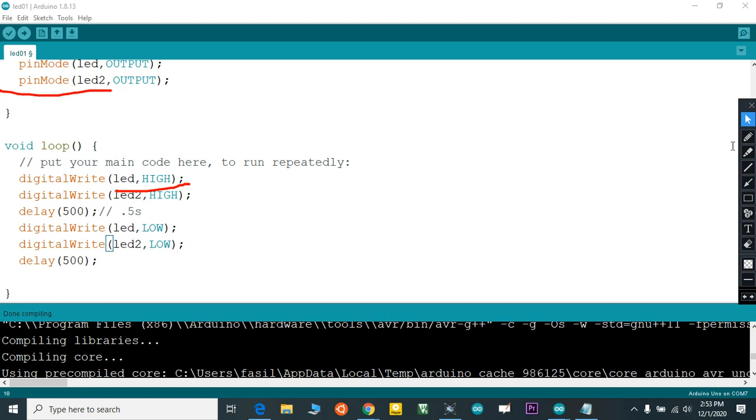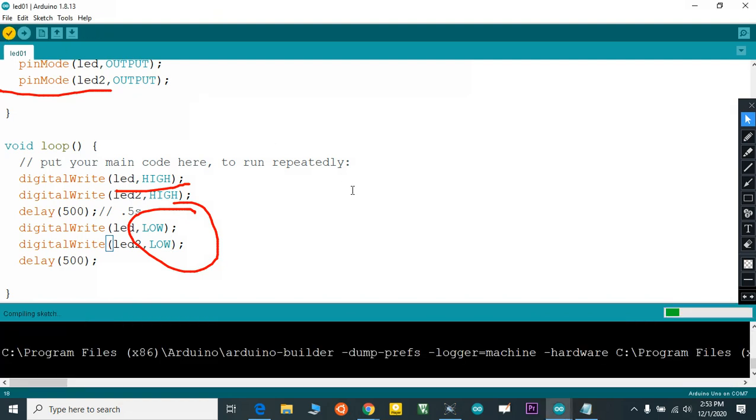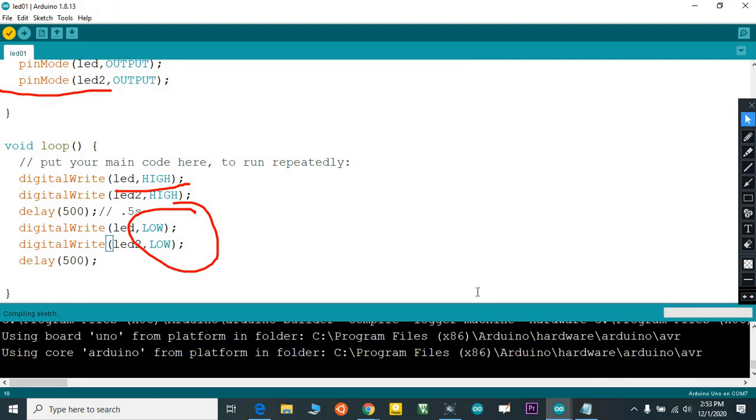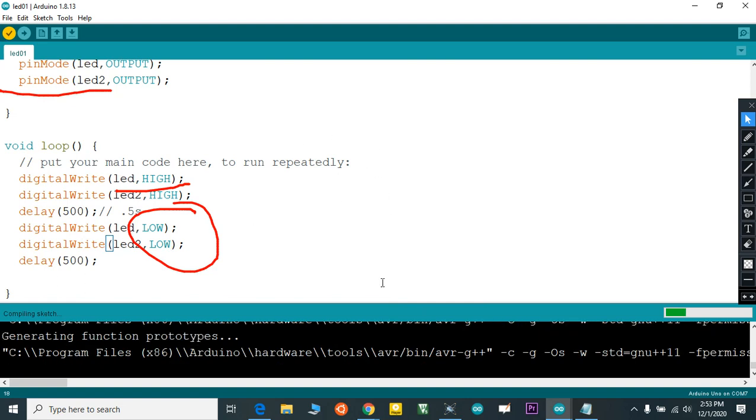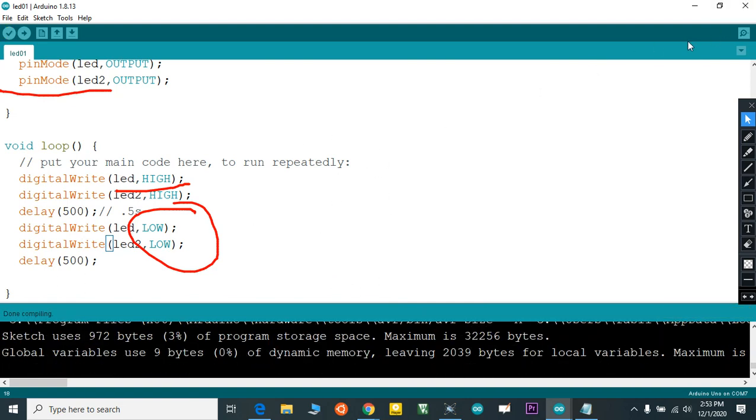Okay, you can see here I made both of them high, then I made them low, so it will blink according to that. You need to compile it before you run your simulation. You need to compile it, then only this change will affect our Proteus program.